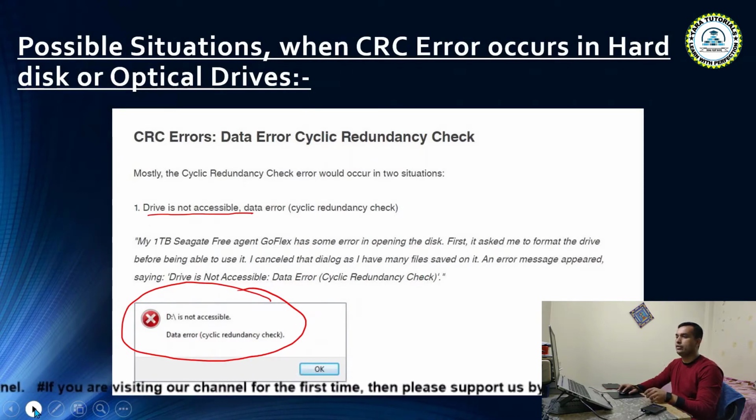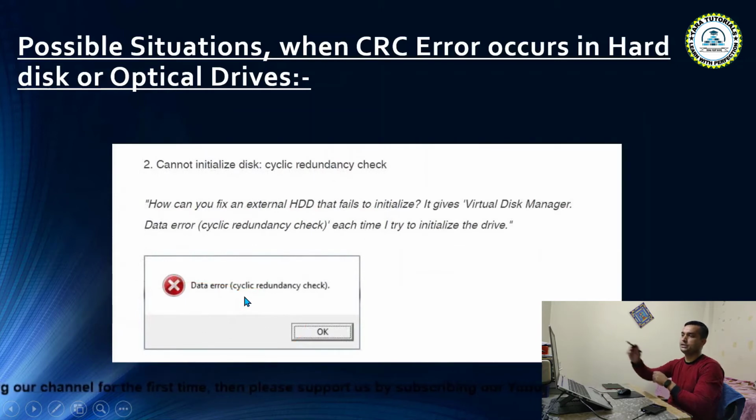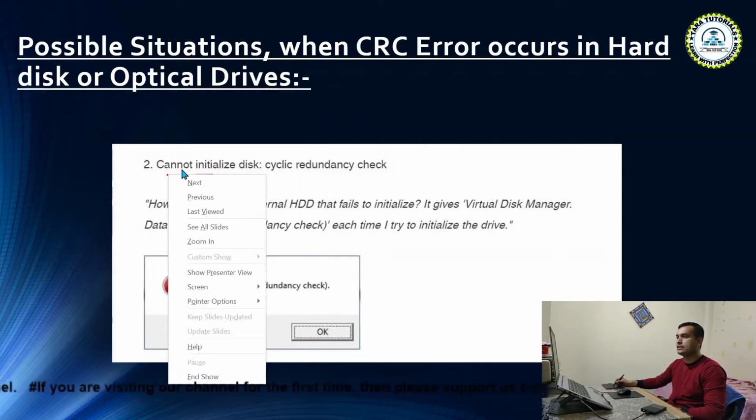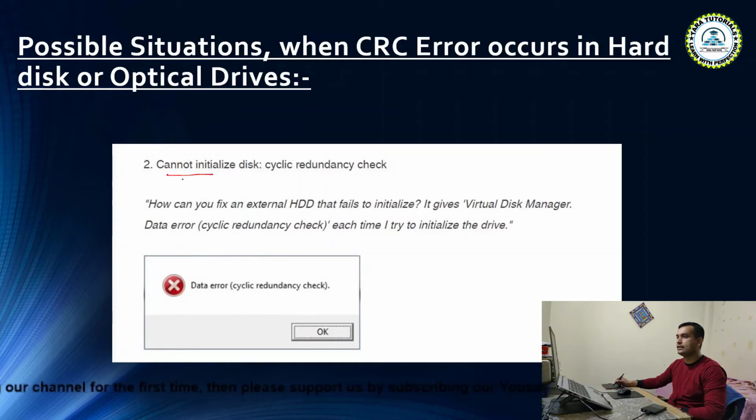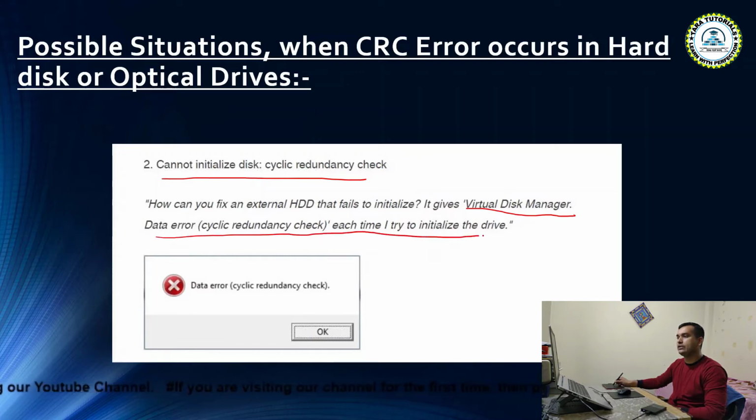Now the other situation where you get the CRC error is when you can't initialize the disk. You can't initialize the disk. So here, how can you fix an SSD that fails to initialize? It gives the Virtual Disk Manager, data error, CRC each time I try to initialize the drive.